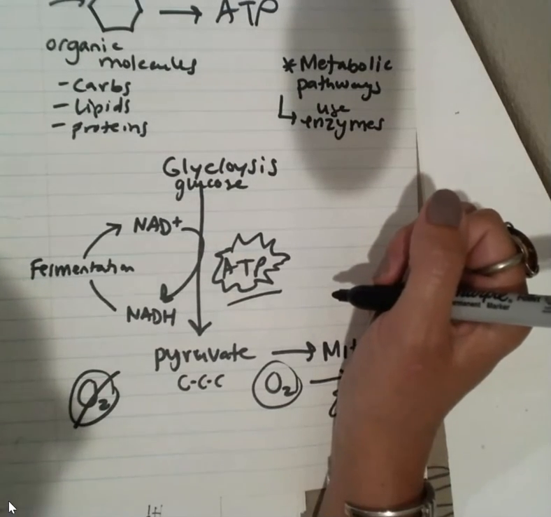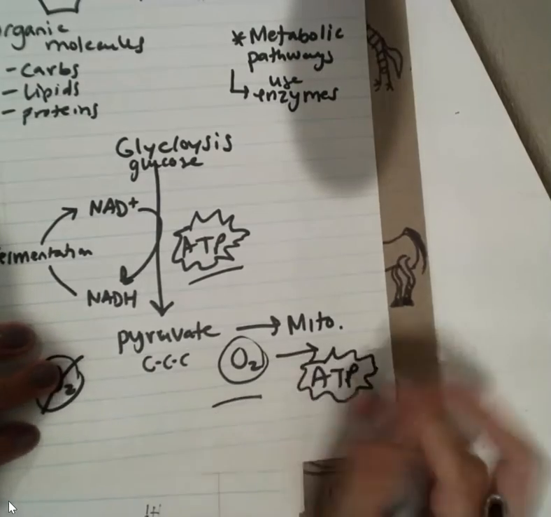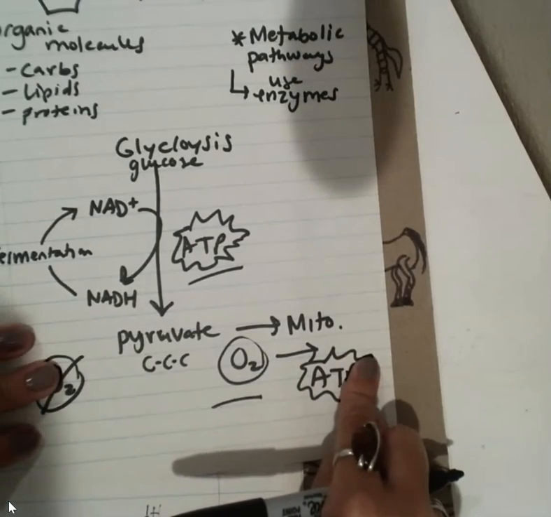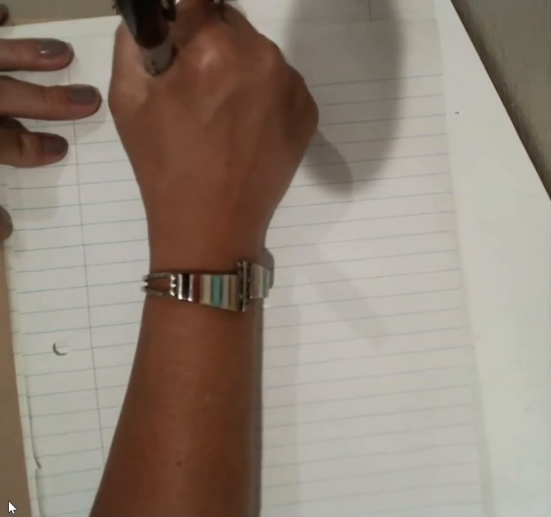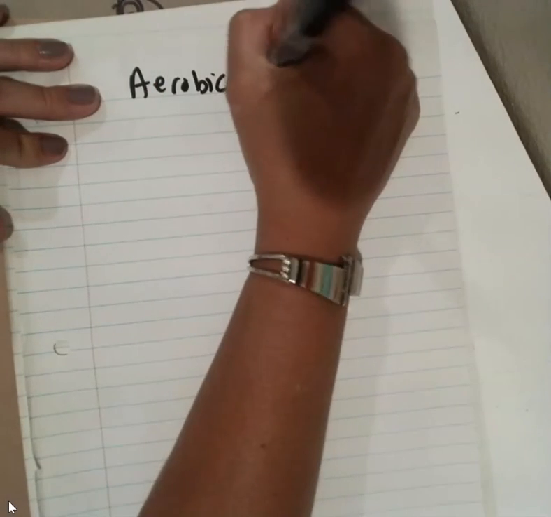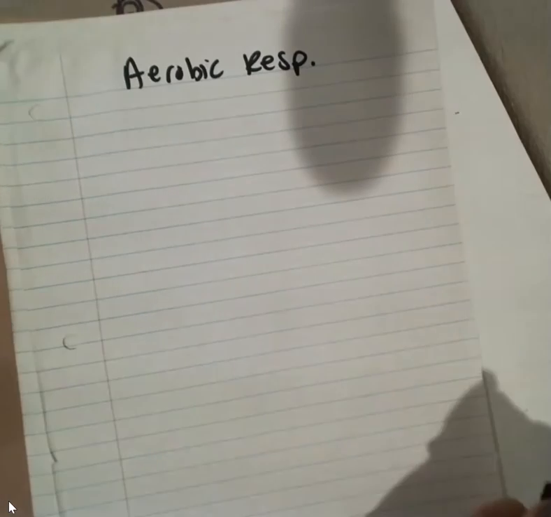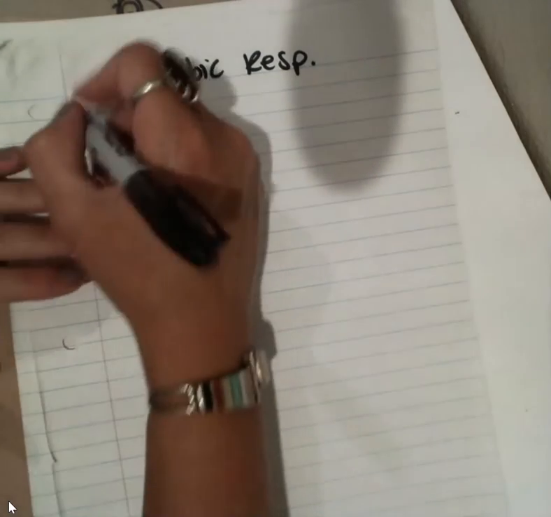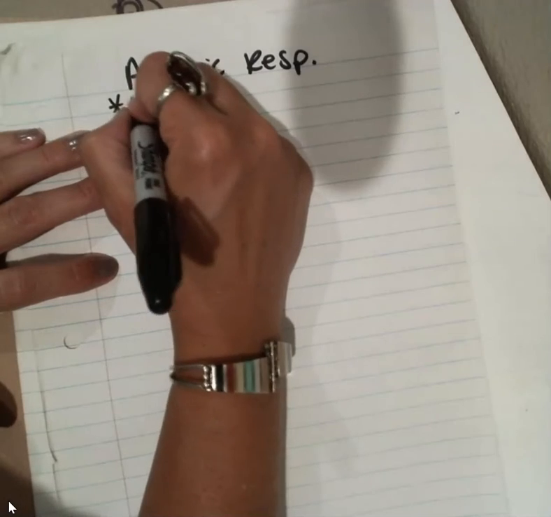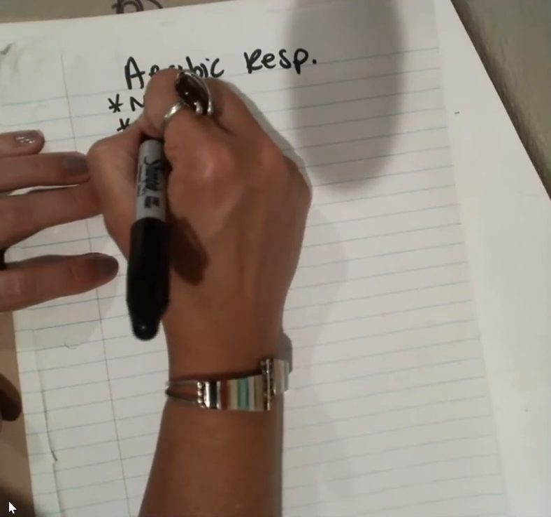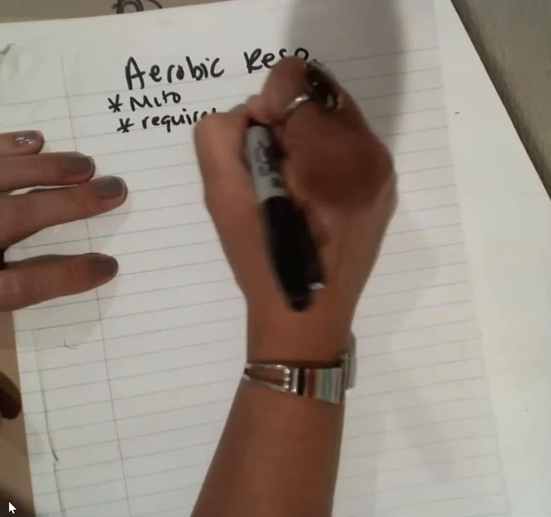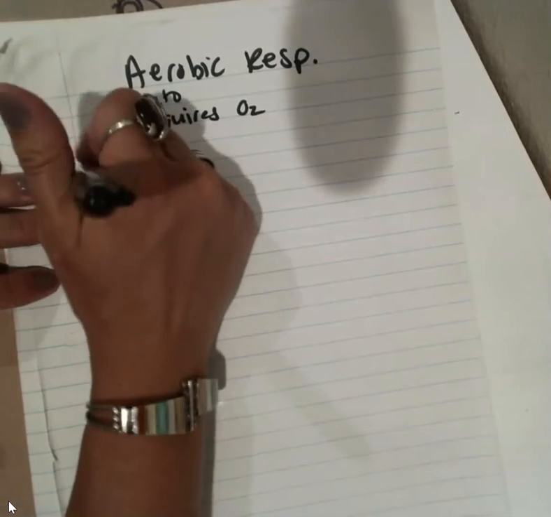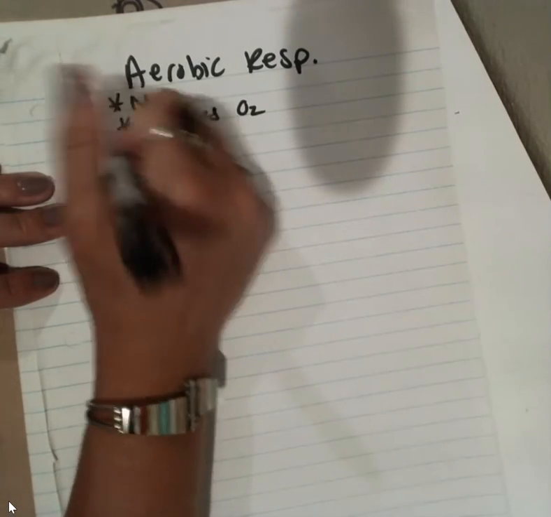Now, in the presence of oxygen, however, we're going to move into the mitochondria and look at aerobic respiration. So, in aerobic respiration, this is occurring in the mitochondria, and it requires oxygen. So, you could write that if you want. Occurs in the mitochondria, requires oxygen. Okay, so we're going to start out with our pyruvic acid,